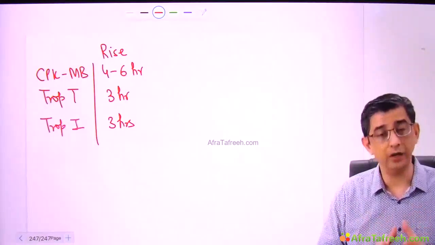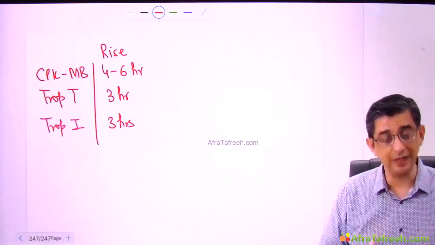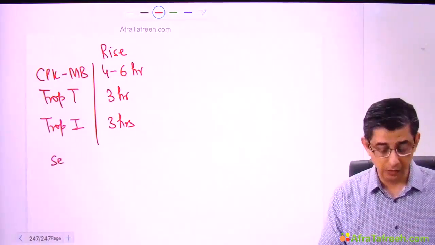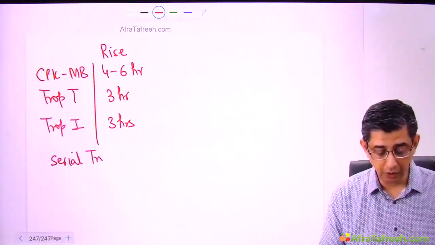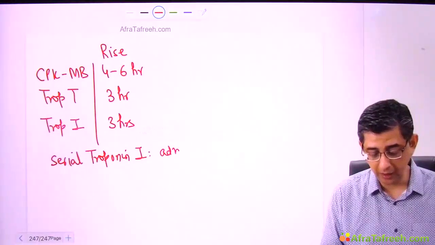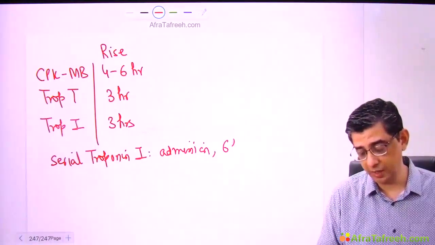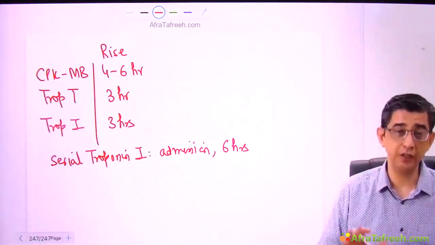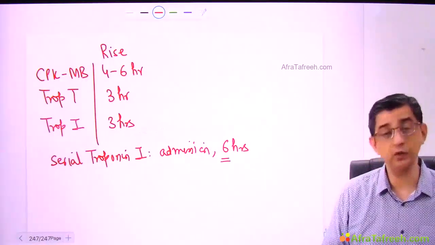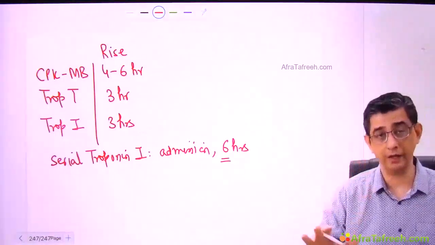My point here is that if a person comes early, earlier than 3 hours, then when you read the words serial troponin I, it means you can check the value of troponin I at admission and repeat it after, let me say, 3 hours or maybe as late as 6 hours. If it's a genuine case of MI, obviously the later values will be elevated, but I'm not saying that you will wait for the values to be elevated and only then start treatment.